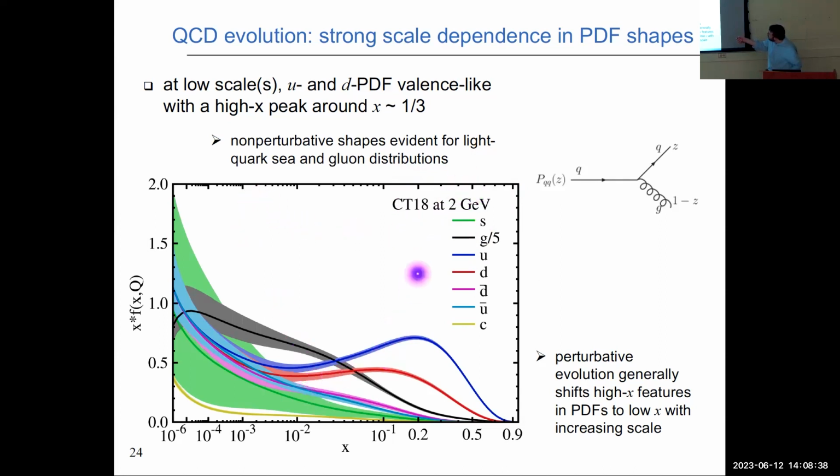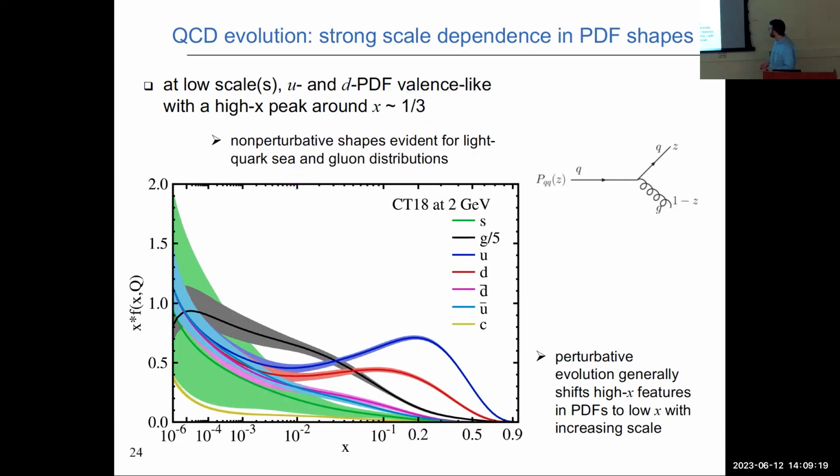And what you see at this low scale, where I'm now plotting the up and down quarks and then the various anti-quark distributions, is that the shapes are very much dominated by these peaks that occur, roughly speaking, around x of a third. And they're therefore very much valence dominated. I also want to stress that, especially if you look at things like the strangeness or the anti-quark distributions, there is this subtle dependence on x that doesn't look like a straightforward takeoff or singular behavior at low x, which implies that there is indeed non-perturbative physics that governs those